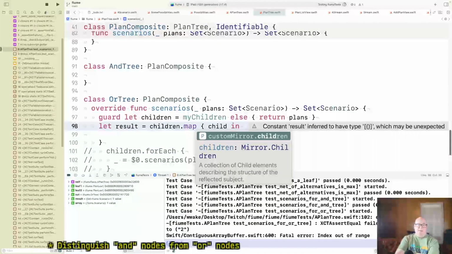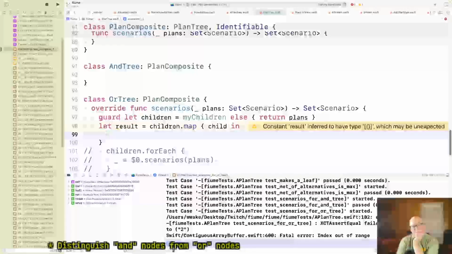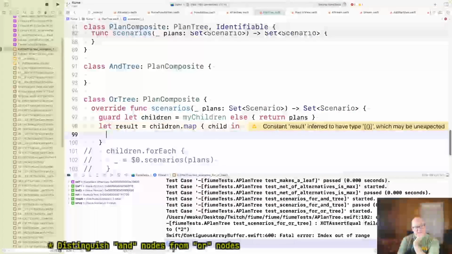All right, so given a child, I want to take those plans and then I want to map them to a new plan with the child added to it.